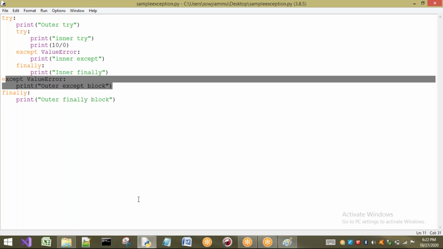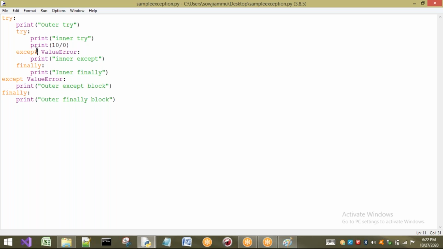We have to understand, if the exception is not handled by the inner except blocks, then the outer except block can handle it. I will not say will handle it, can handle it. Because will means it has to handle, but it is a value error here, and I cannot handle it here.